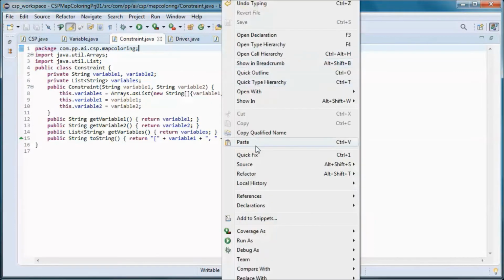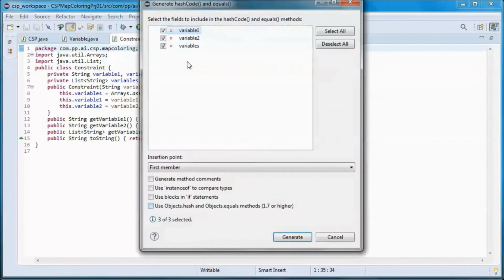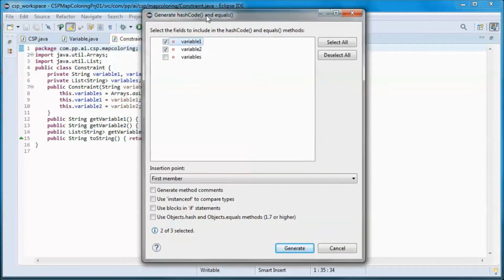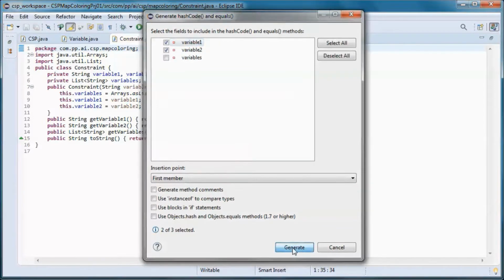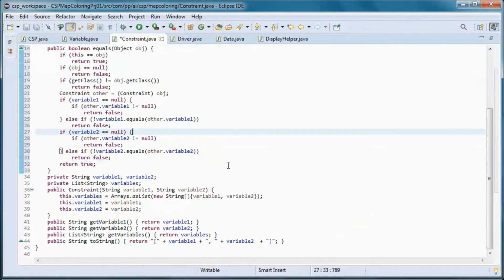And we will need to compare constraints against each other. So let's go ahead and generate hashCode and equals methods, and we'll base those off the names of those 2 states in this constraint. So let's rearrange this code.